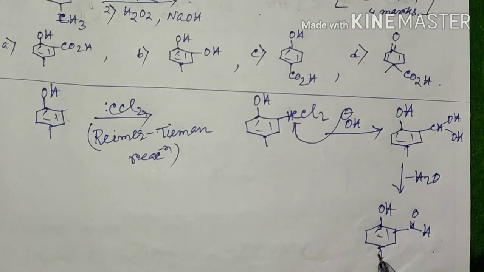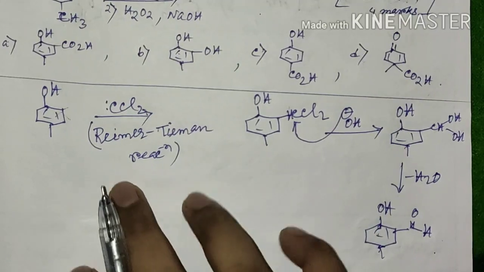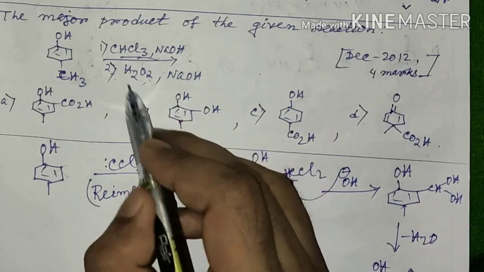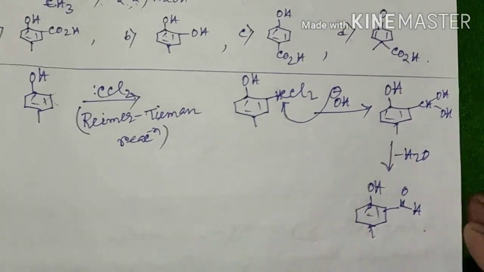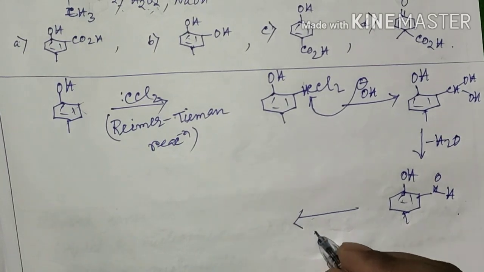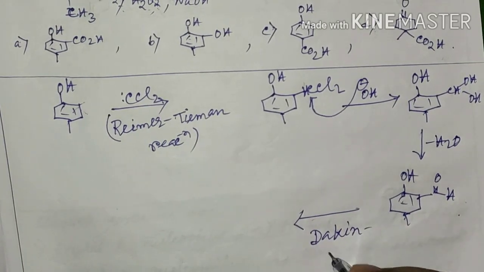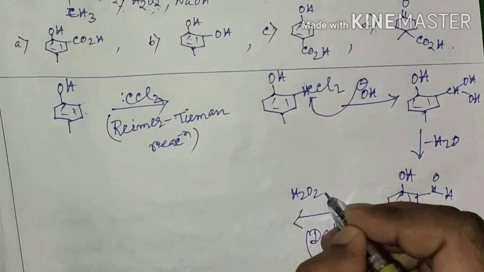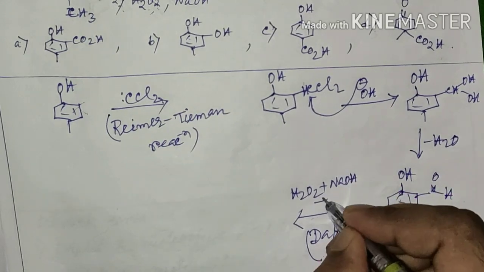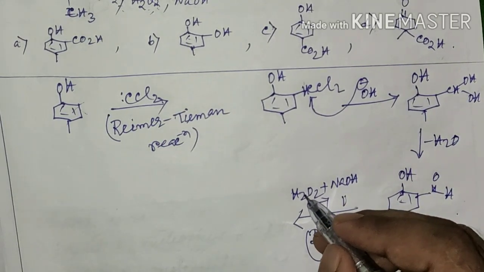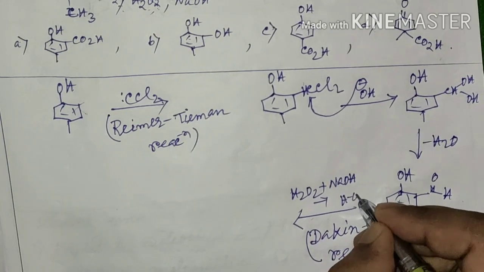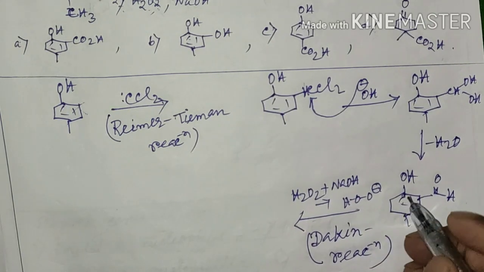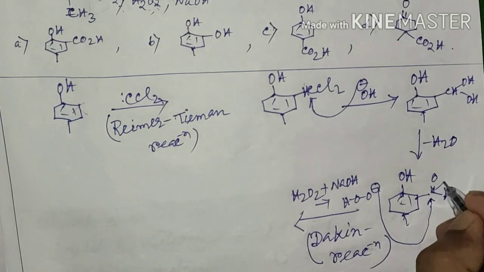Now this is the product for the first condition, that is CHCl3 and NaOH. There is another reagent, that is H2O2 NaOH, and in this condition this aldehyde will undergo Dakin reaction. In the Dakin reaction, H2O2 by reaction with NaOH will undergo deprotonation to form the corresponding hydroperoxide anion, and this hydroperoxide anion will attack at this carbonyl position of this aldehyde